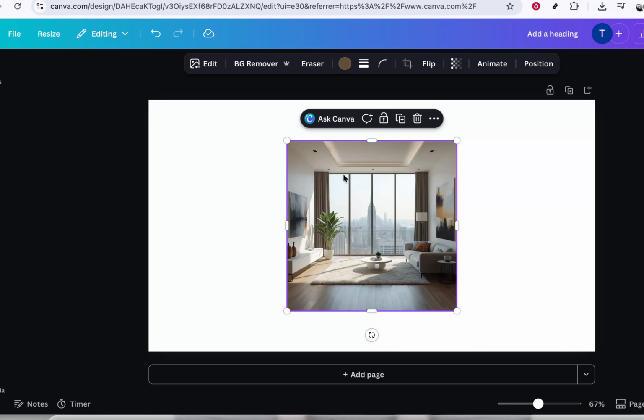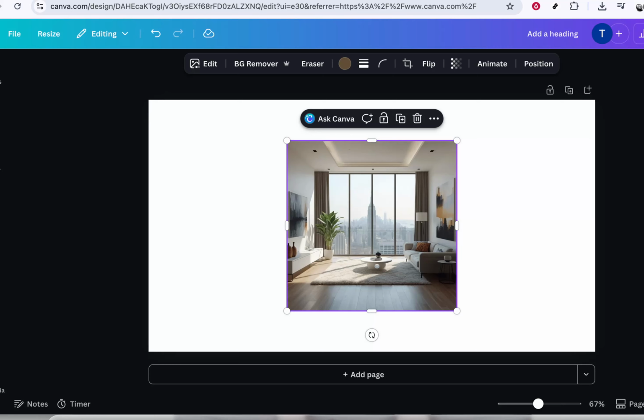want to adjust. It could be a photo, a graphic, or any element that behaves like an image in your design. First, click directly on the image you want to change. You should see a bounding box appear around it with little handles on the corners and sides. This tells you the image is selected and ready to be edited. If you accidentally click the background or another element, just click once more on the correct image until you see